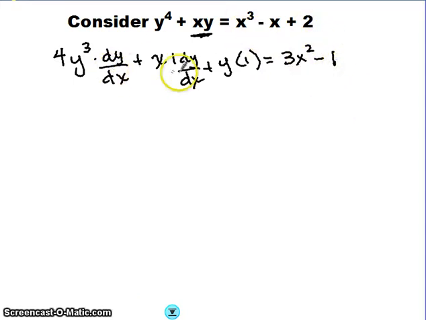So now we're going to collect everything with dy dx on the left side. Well, that's good, they're already there. Move everything else to the right. So is there anything, look, this guy needs to be moved over. So we get 4y cubed dy dx